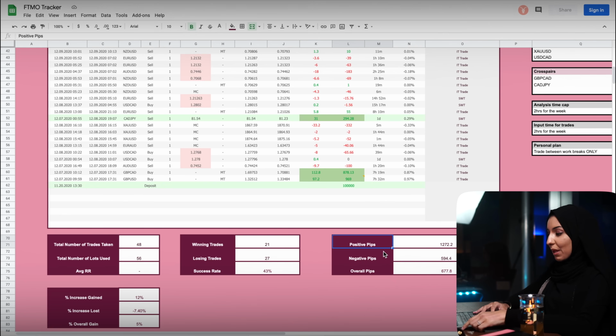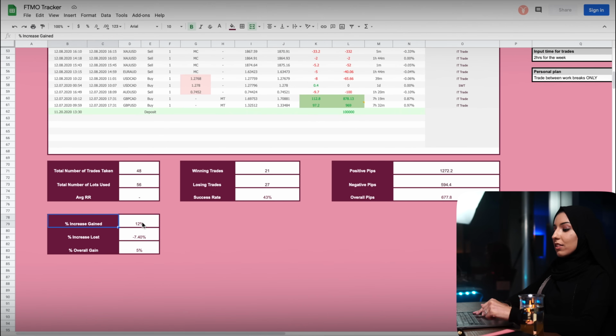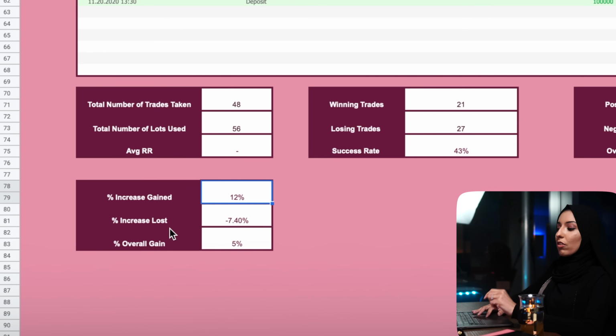So the amount of positive pips that I caught was 1,272, and the amount of negative pips that I had was 594. And overall left me on 677 positive pips for Monday, Tuesday and Wednesday on my second account. So the overall that I increased the account by, if I was counting just my winning trades, is 12%, and the amount of percentage that I lost was 7.4, overall leaving me in approximately an overall gain of 5%,